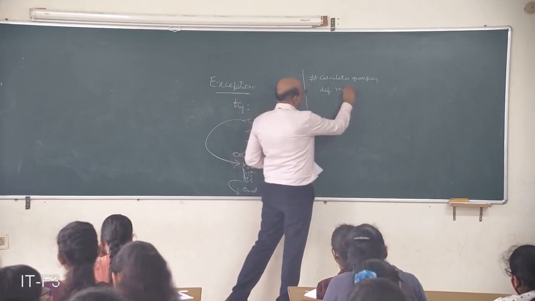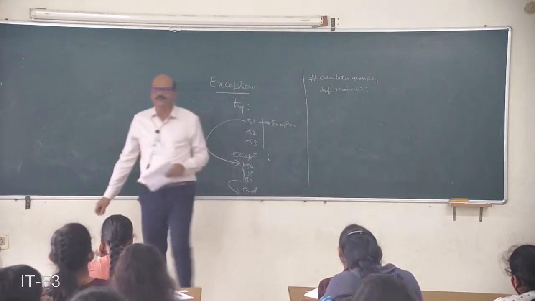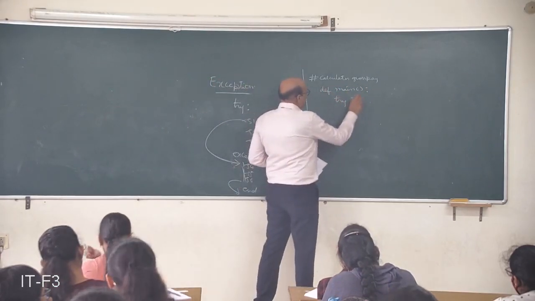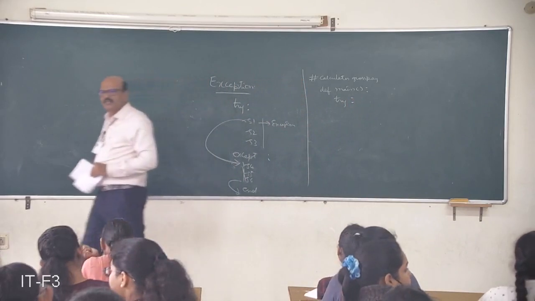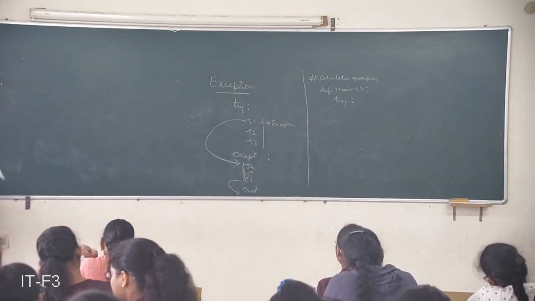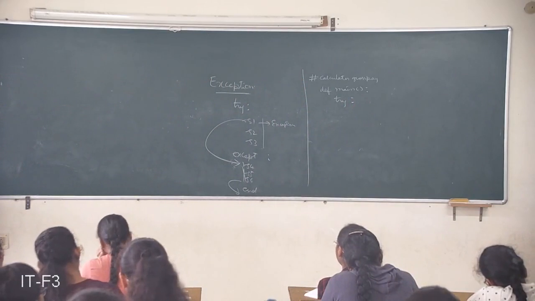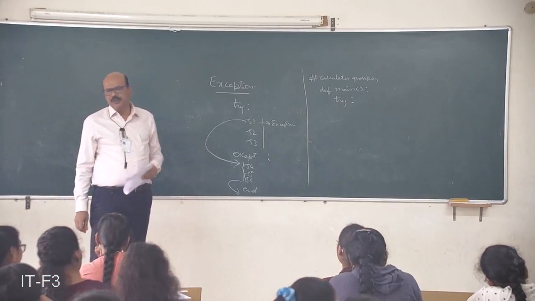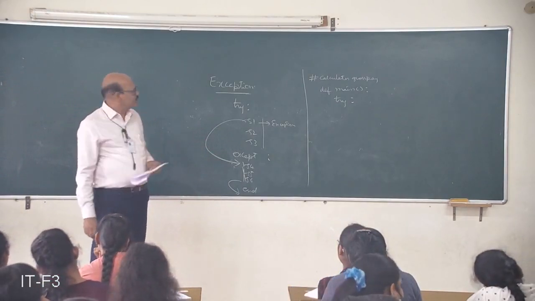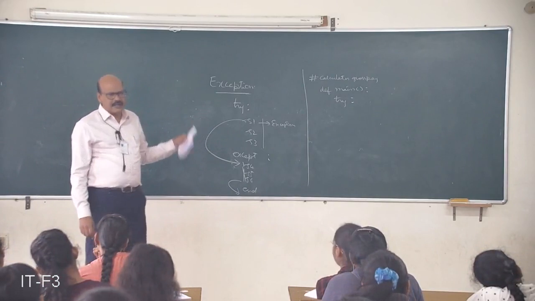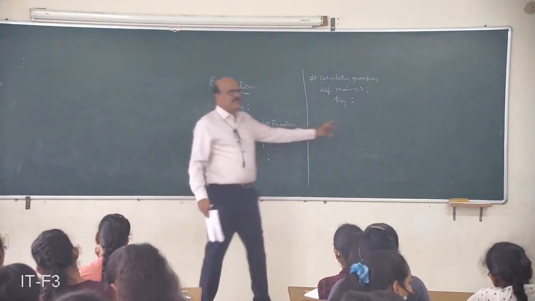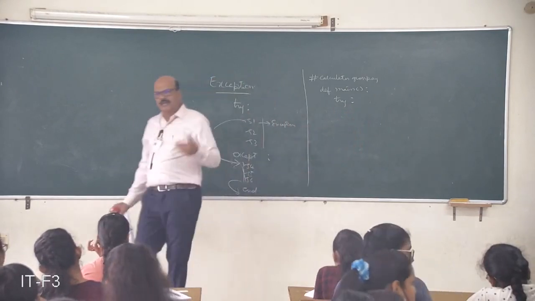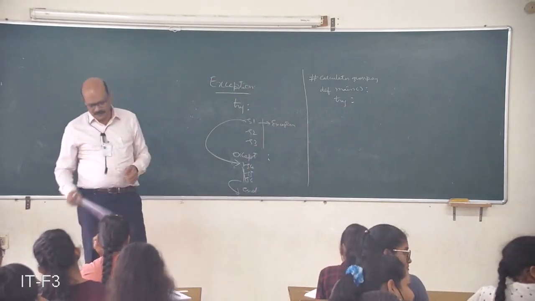Main function definition. Here we will use the try block, because when you are asking the user to enter input, there is a chance that he may enter the input in a format which is not desired by the program, which may raise an exception. So I am suspicious that the user input may raise some exception. That's why I'm enclosing this part of the program in the try block or try statement.